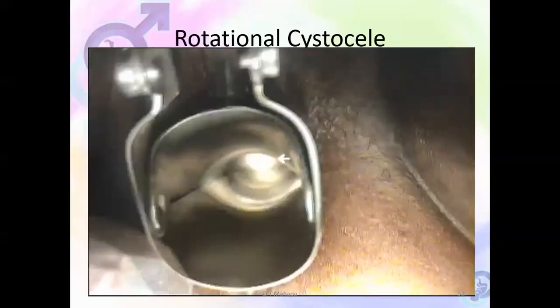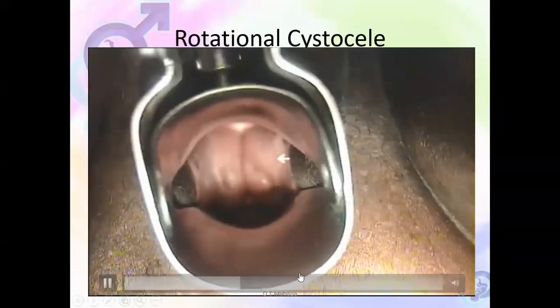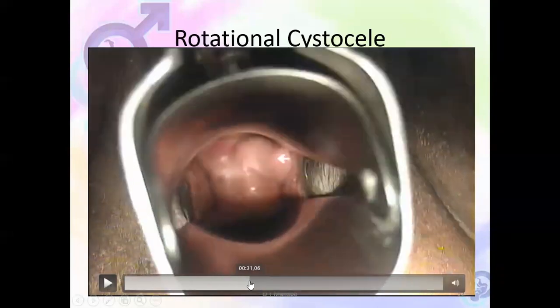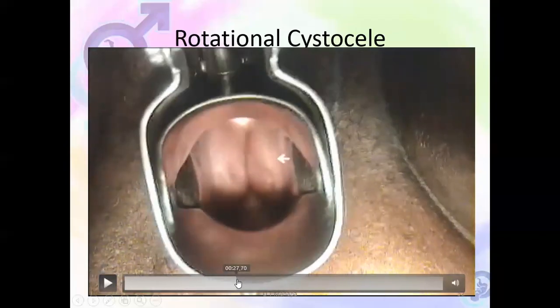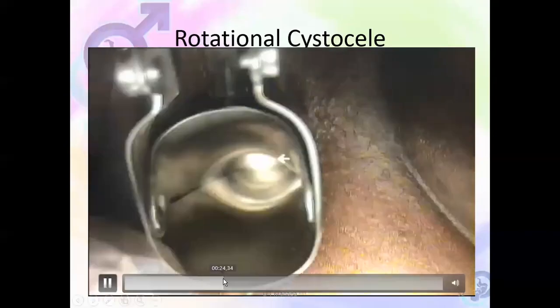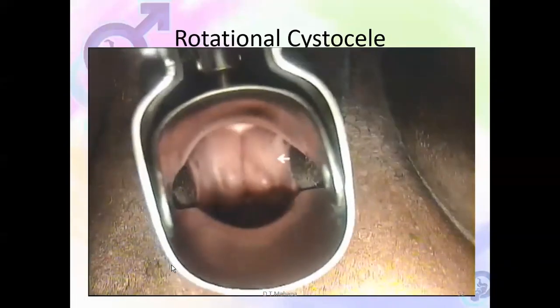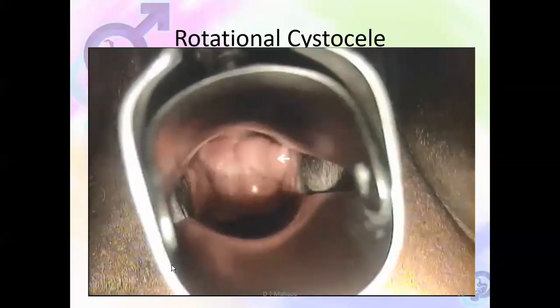If you do a speculum examination, you'll see that there is damage to the paravaginal wall. If you look here, after the speculum examination, the lateral vaginal walls are collapsing. That's paravaginal wall damage due to damage to that middle layer, which is called the arcus tendineus fascia pelvis, which attaches the middle part of the vagina to the pelvic side wall. So during repair, you must attend to that also.